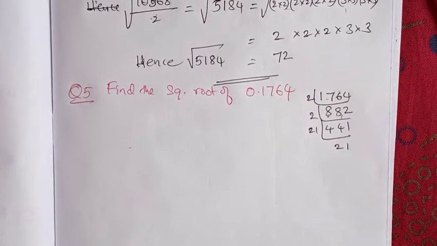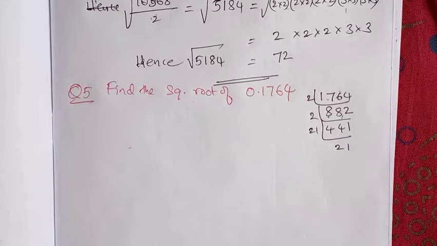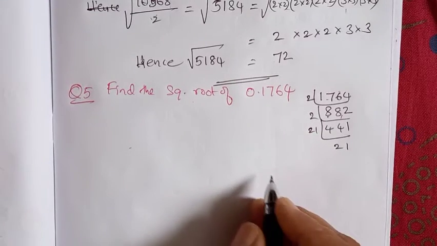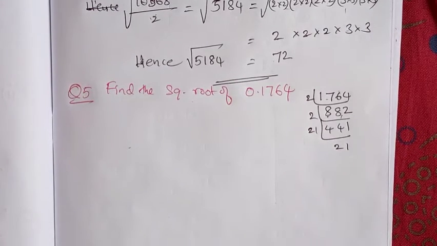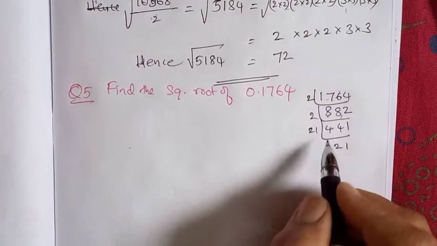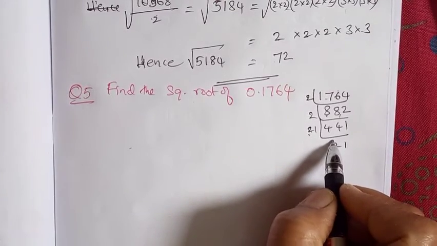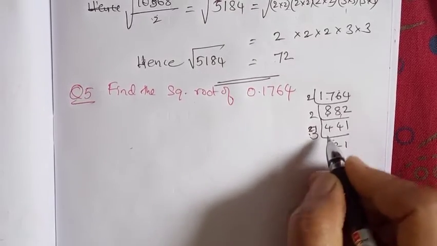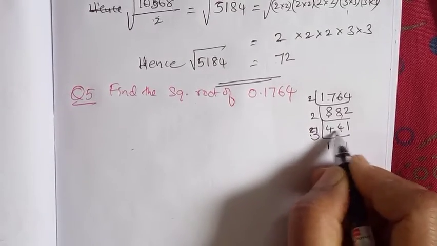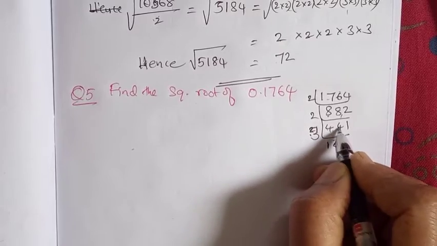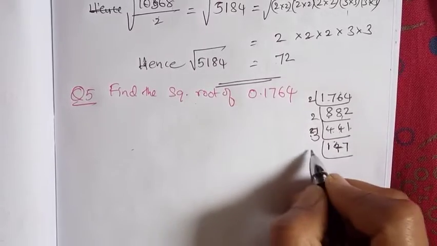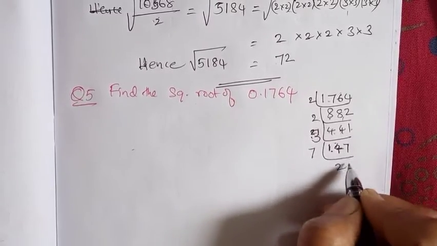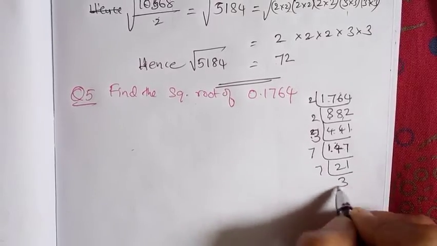Can I write like this, children? Yes, I can write like this. So 21 21s are directly, or you can go with the 3 1s also, children. If you want, I can show you. 3 1s are 3, 4s are 12, 3 7s are. Next, 7 2s are, 7 1s are, 7 3s are.